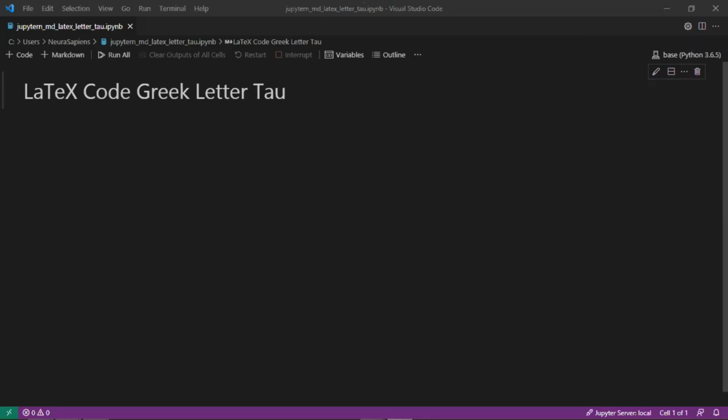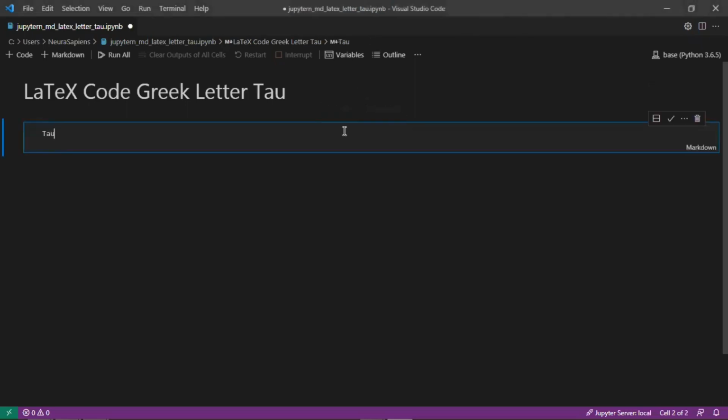In today's tutorial, we'll look at how to add the Greek letter tau to a Markdown cell for Jupyter Notebook using LaTeX code. So we'll start by creating a new Markdown cell. And here we'll add in tau. So the code here is using \tau,